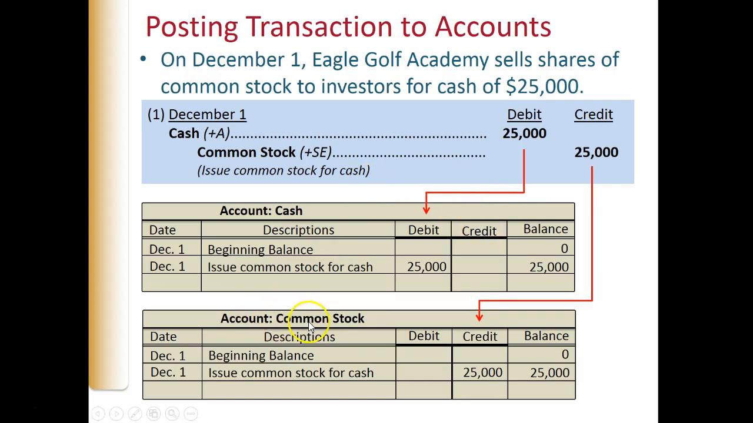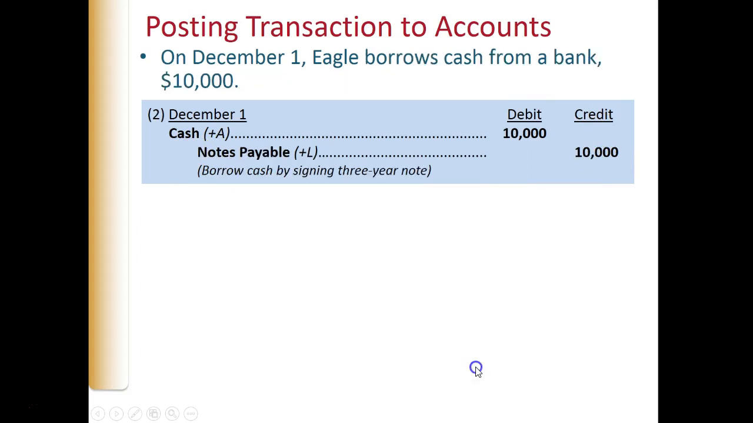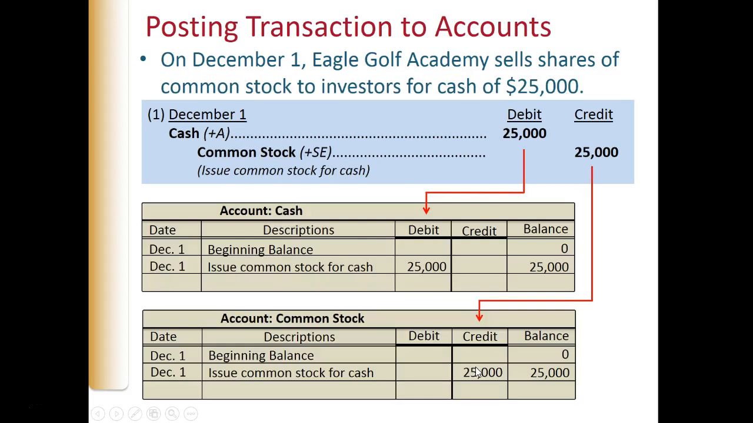Common stock is a stockholder's equity. It has a normal credit balance. So in the same respect that we showed the first journal entry, or the first part of the entry, we debited cash, here we're going to go to common stock, credit this $25,000 here. This is what we call posting. Here, let me go back here. Okay? Now the next